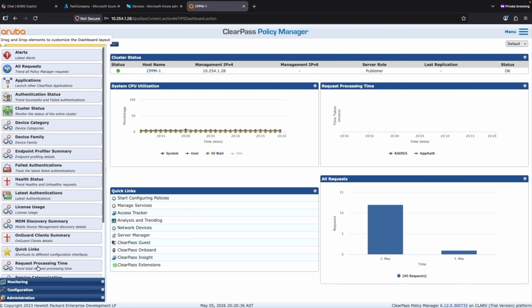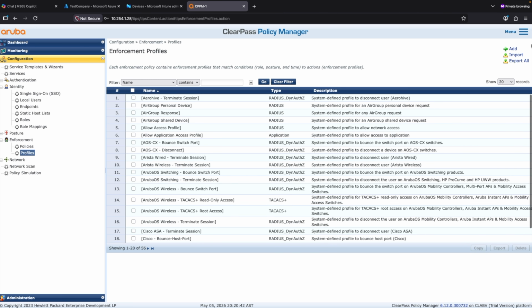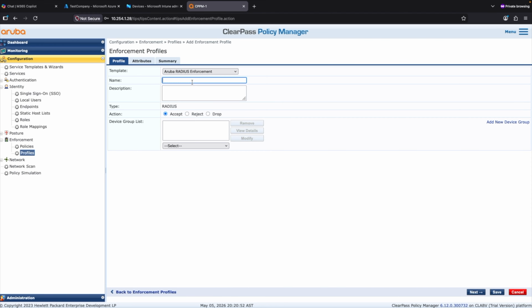Now let's build the policy stack. Let's start with the enforcement profiles. This is what ClearPass will tell the network device what to do after the client is authenticated. So let's start the enforcement profile. Okay, go to the configuration, enforcement, and the enforcement profiles. I'm using Aruba RADIUS enforcement. I will call this one Intune full access,